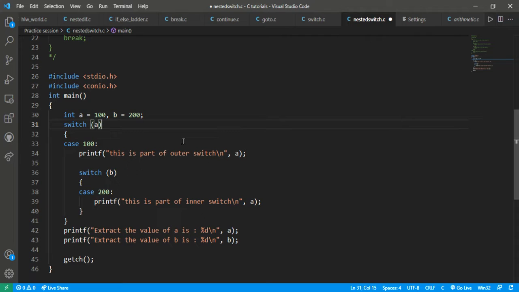In the main function I have initialized the values, that is a equals 100 and b equals 200. So the first switch case will accept the value of A, and the second switch case will accept the value of B. In the first switch case, we are checking the case 100. So the switch of A and the case of 100 value are getting matched, so the printf statement of the case 100 will execute, and